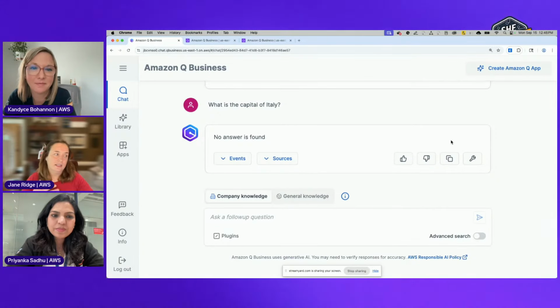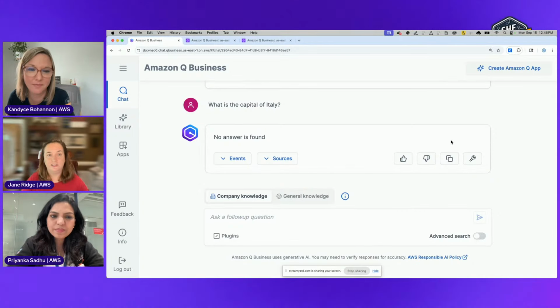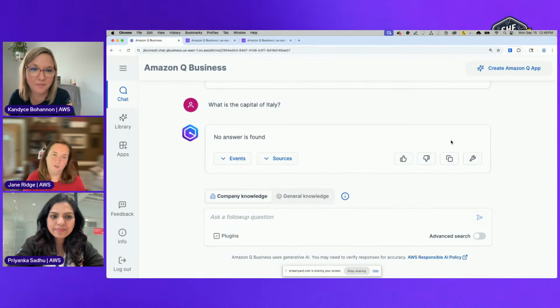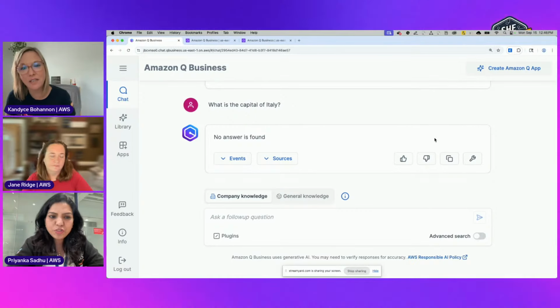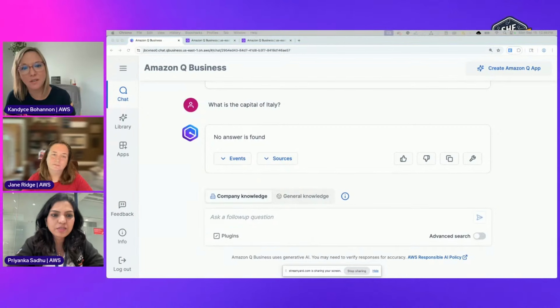That's interesting, because if you're an organization that says, I want you to just answer based upon our company knowledge, don't add to that, you can also say, okay, we're just going to focus in this area and nothing more. Just to interrupt you, Jane, do we know what large language model this is using right now